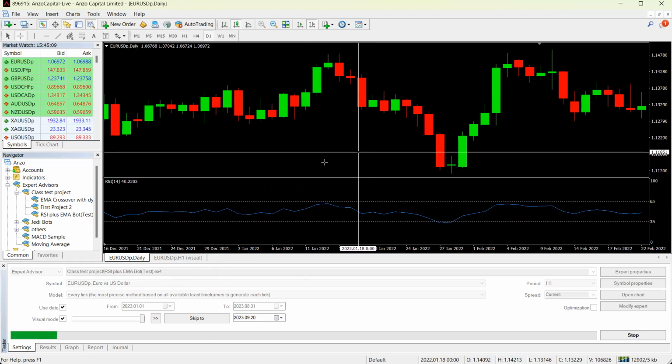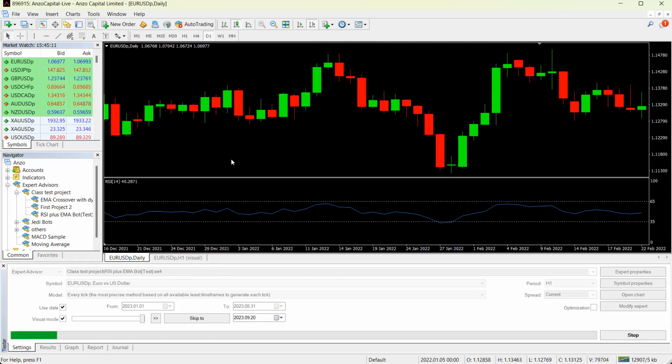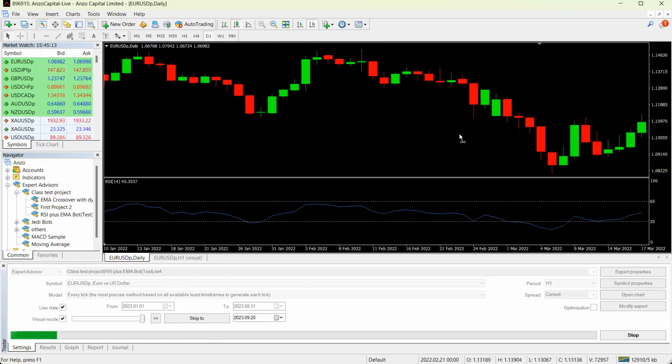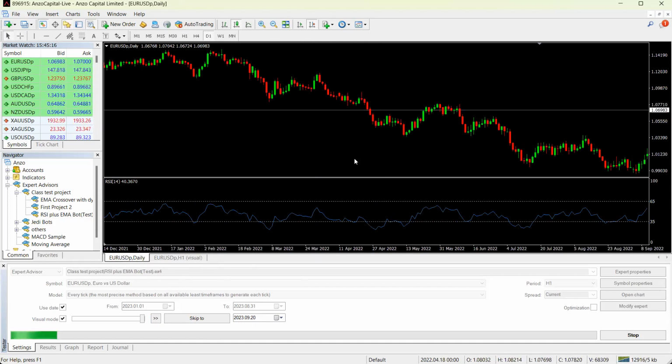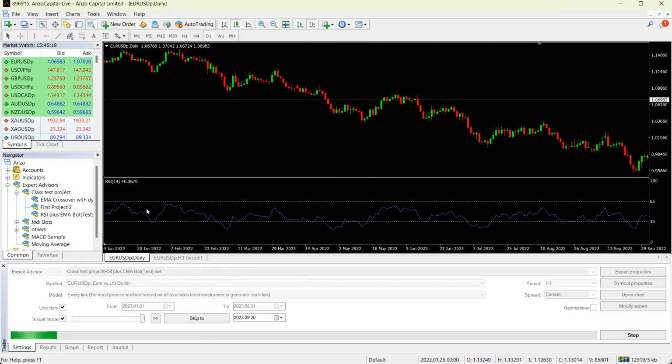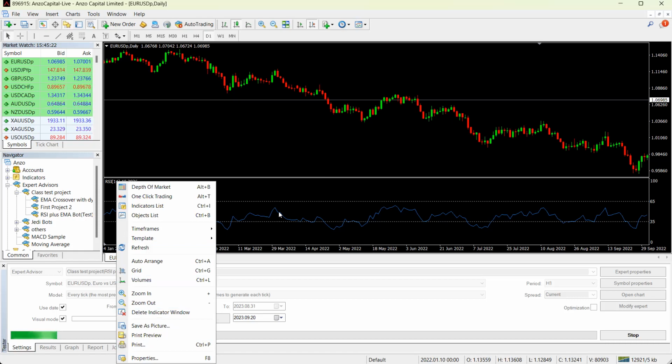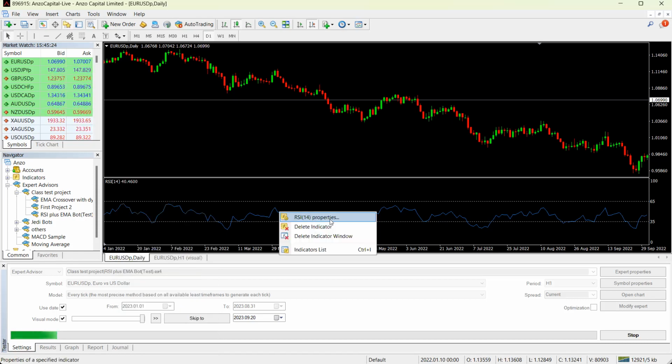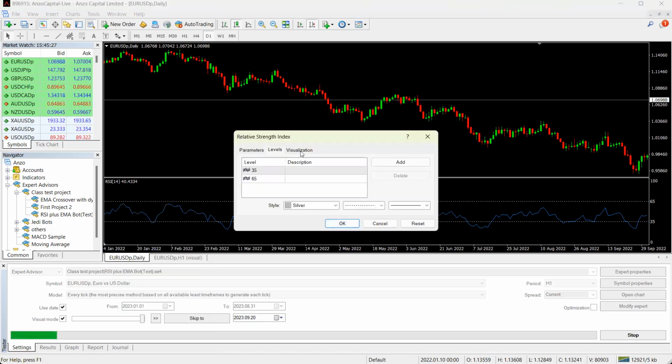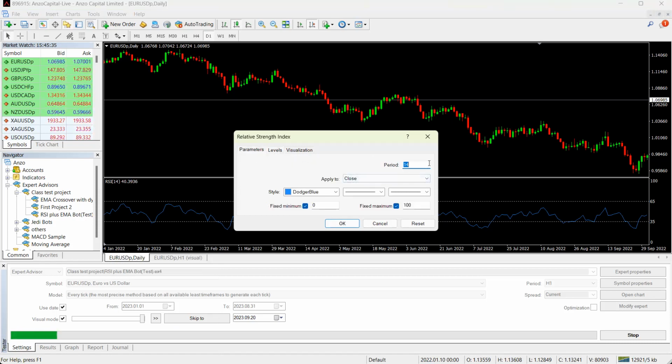Something is wrong here because these time frames don't align. Let me zoom in a little bit. I think I probably made a mistake in this RSI setting. Let's just do that. RSI 65.35, I think. Applies to, what was it applied to? Was it applied to close or was it applied to